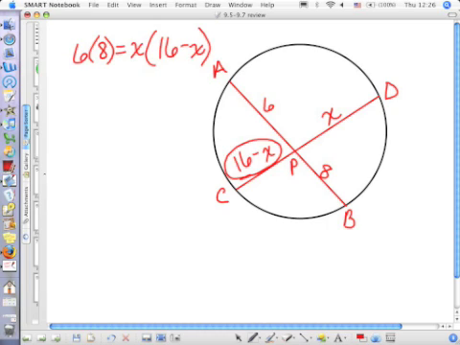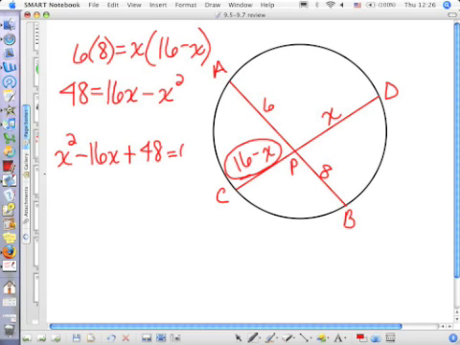Now we just need to know how to do algebra. You pull everything over to where it's x squared minus 16x plus 48 equals 0, and then it's x minus